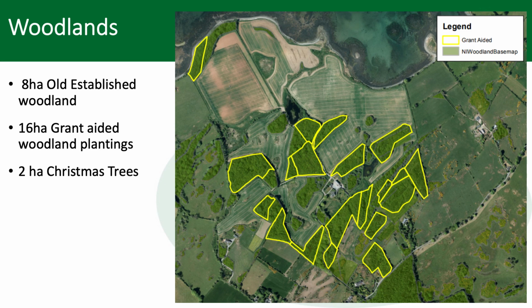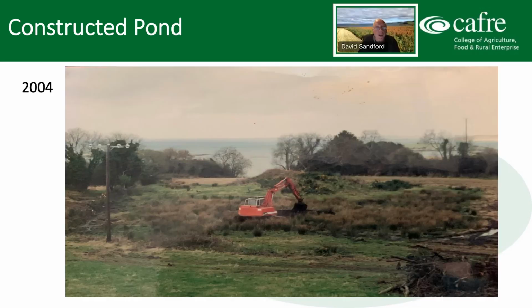So this would have been rough grazing in the old days, and we've now turned it into reasonably productive woodland. But the one thing it does do, it captures a lot of carbon. We'll talk about that later on. Ponds are a tremendous asset to any farm or any landscape, aesthetically from the look of ponds, but also the